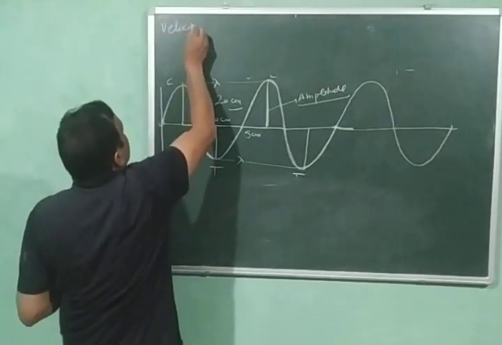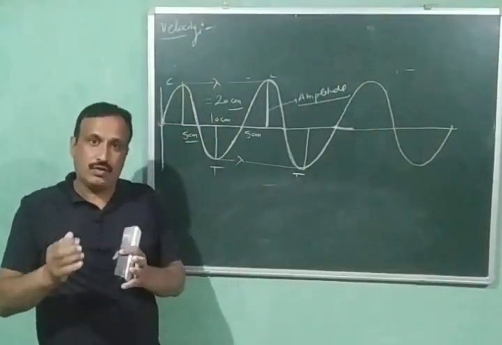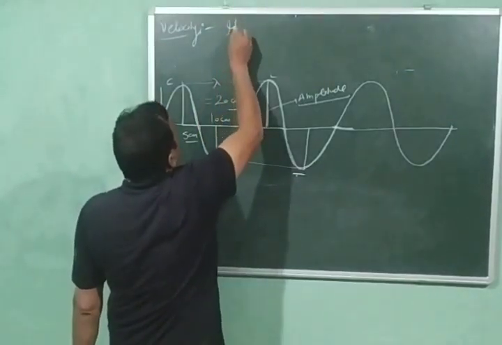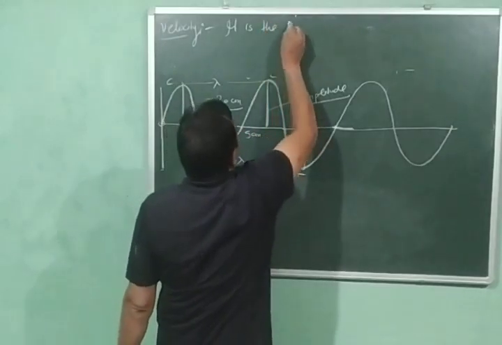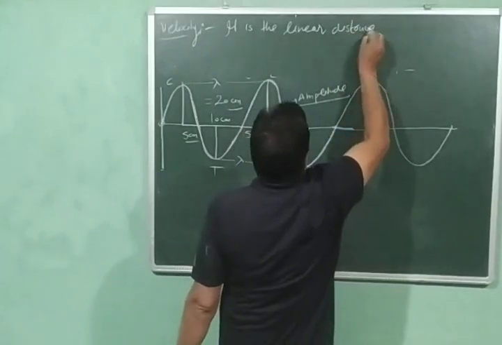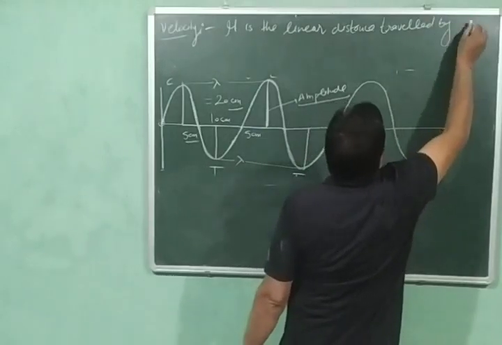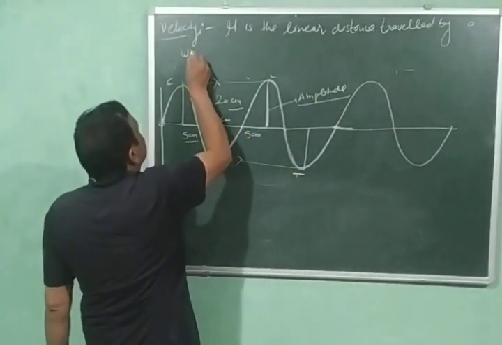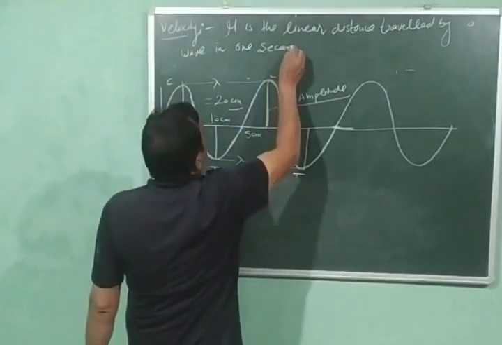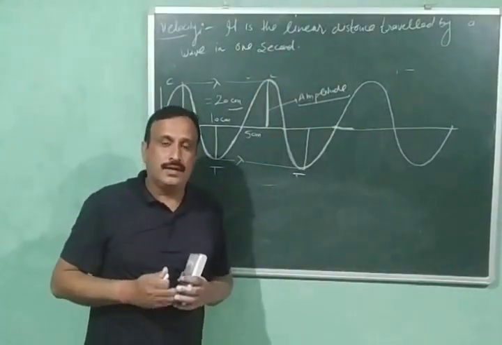Velocity is the linear distance traveled by a wave in 1 second. Okay? So velocity is the linear distance traveled by a wave in 1 second. Okay, and this velocity is represented by c,